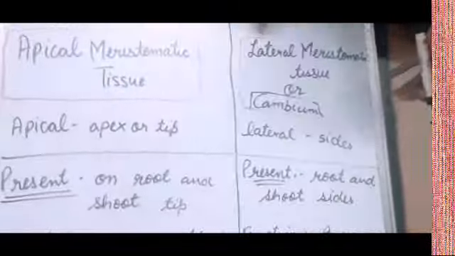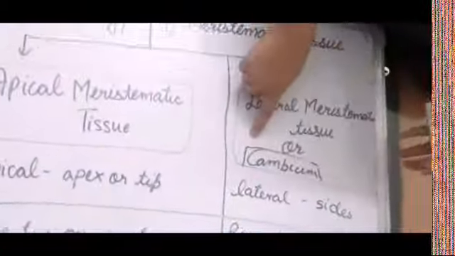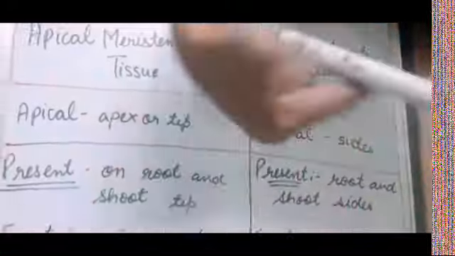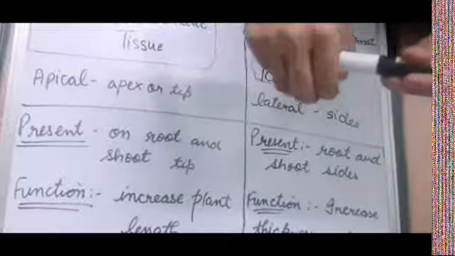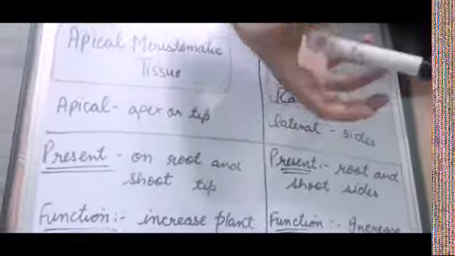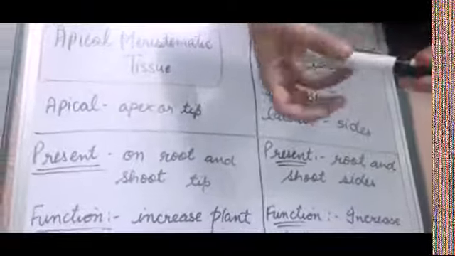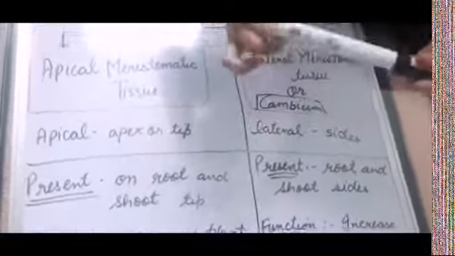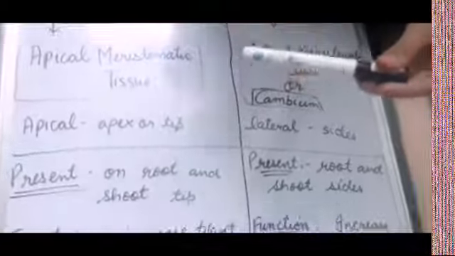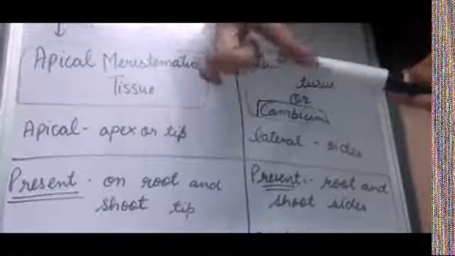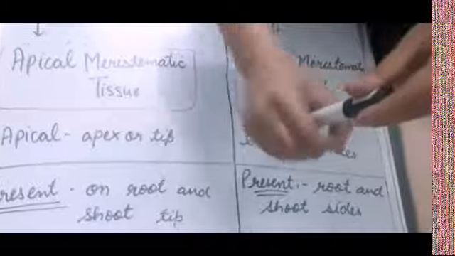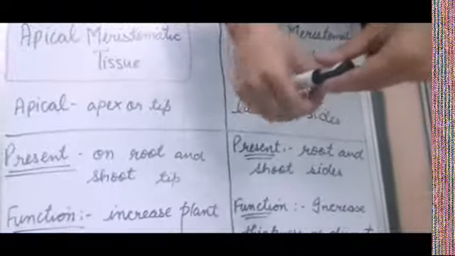Now let's shift to the lateral meristematic tissue, also called the cambium. The word lateral means sides. Here, sides. So the plant needs to grow in width also. It has to increase its thickness also, its diameter also. So on the sides here is the lateral meristematic tissue present, on the sides of the shoot and on the sides of the root also. It will increase the, now this is a marker, it is having thickness this much. It will increase the thickness of the plant like this thickness, or we can say the diameter of the plant.